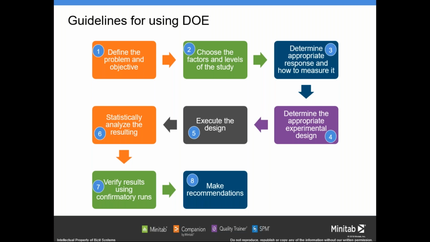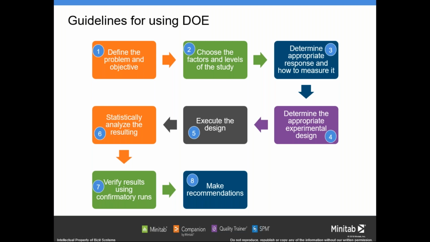After you know your factors and levels, you need to determine the appropriate response. In that case, we take the time in minutes. Then, knowing how many factors and levels, you go for the experimental design. In DOE there are several types of experimental design, which we explore later. After you know how many runs from your design, you run it, and then analyze your results. After analysis, you have a model showing the significant factors. You can verify your result using a confirmation run,